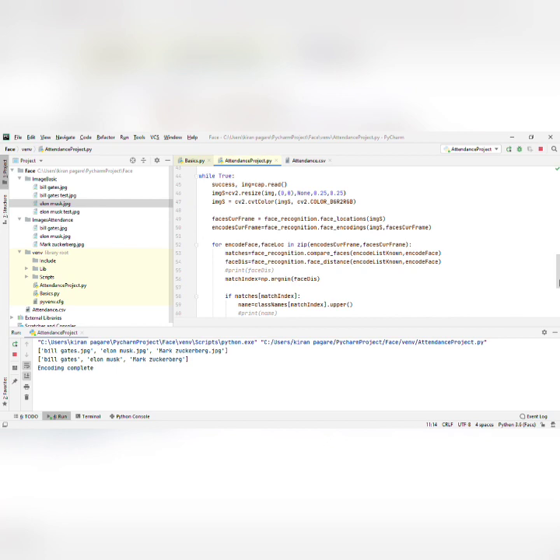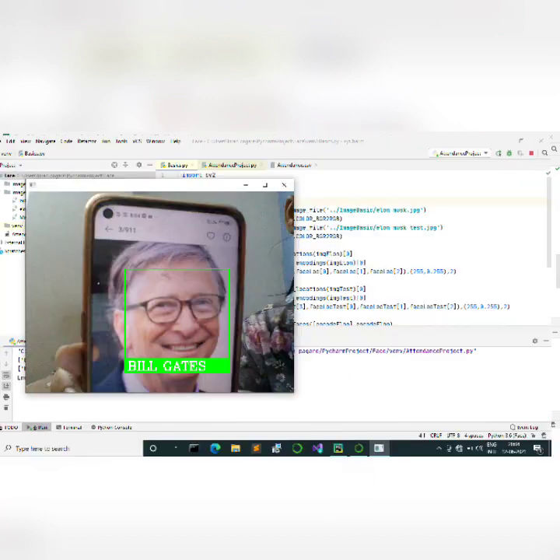So over here you can see my camera, not my camera, but I would say this is a camera. Okay, so this camera has started, and now I'm going to show it the image of Bill Gates, which is already present in the database. Here you can see it is identifying the image of Bill Gates. It also detects the face of Bill Gates, marks a rectangle around it, and at the end, as you can see, the name Bill Gates is written there, showing that it matches the record already present in the database with the image I have shown it at the current moment.